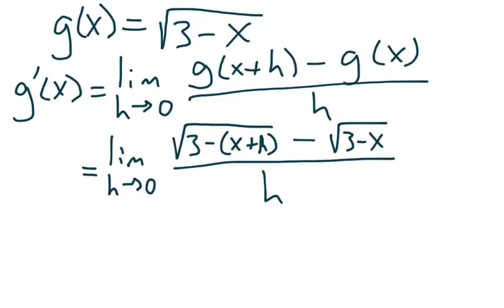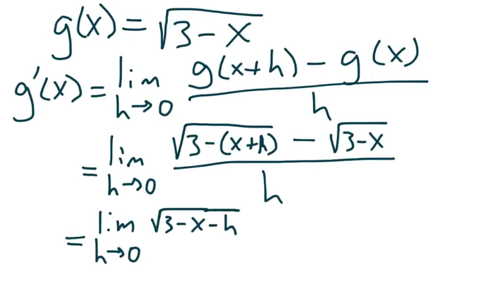Let's simplify a little. We have the limit as h approaches 0 of the square root of 3 minus x minus h. Let me make sure my radical covers everything there. Minus the square root of 3 minus x